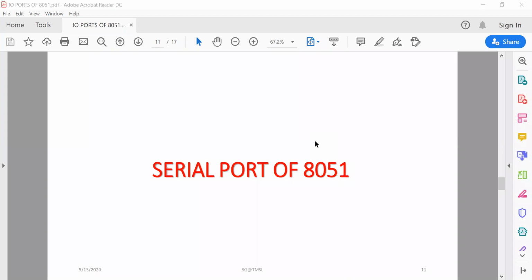That can be used for serial communication, and if the 8085 or 8086 is connected with this 8251 USART, it can be used for serial data communication, either the synchronous way or the asynchronous way,